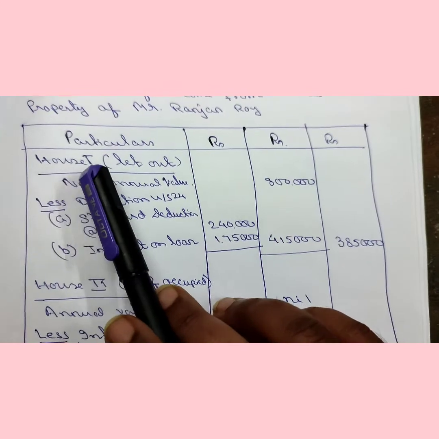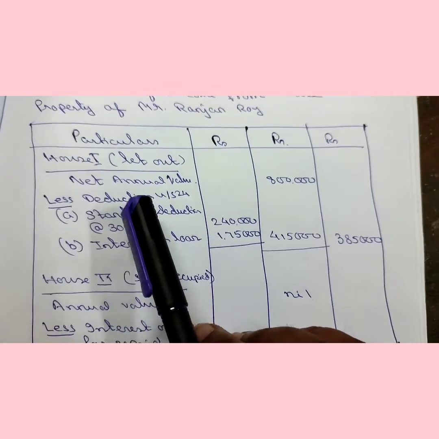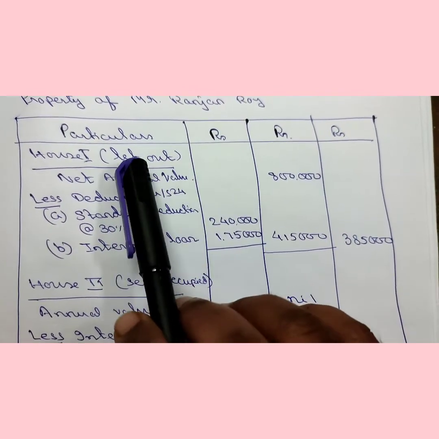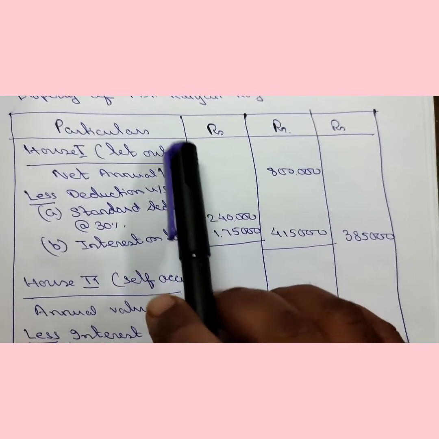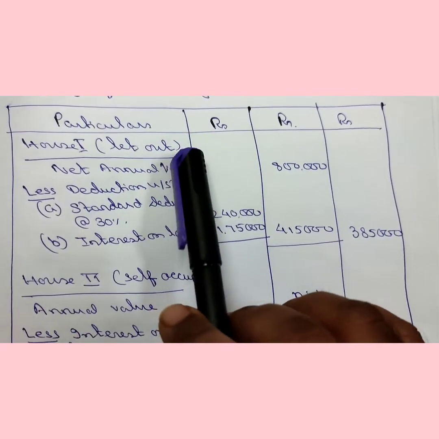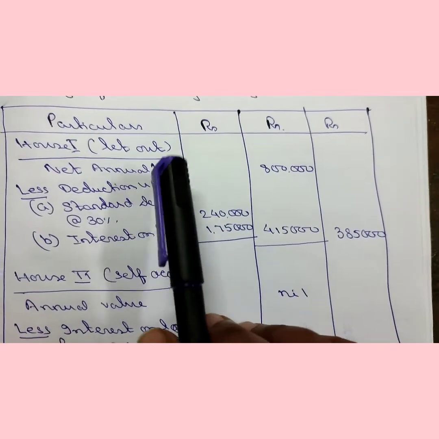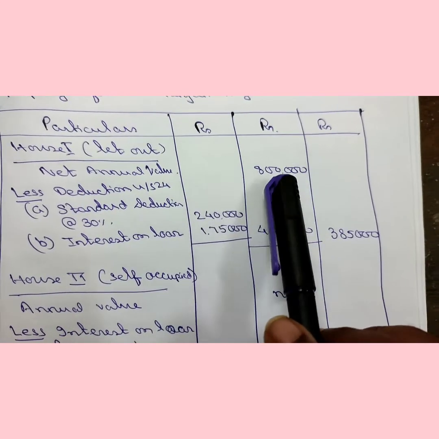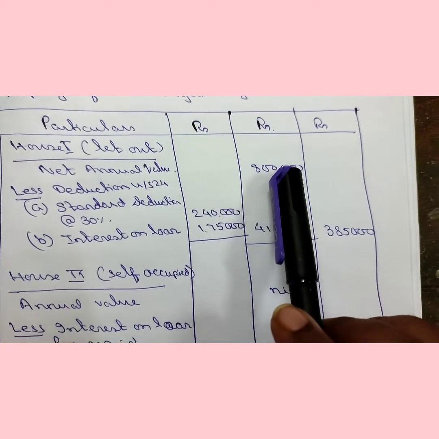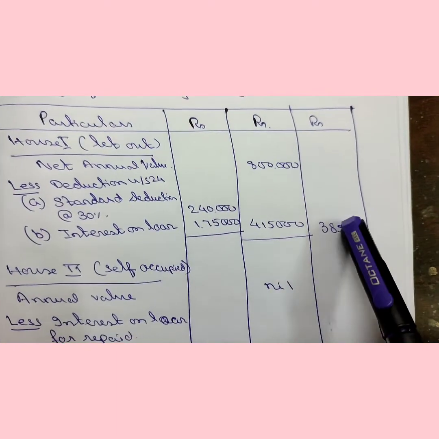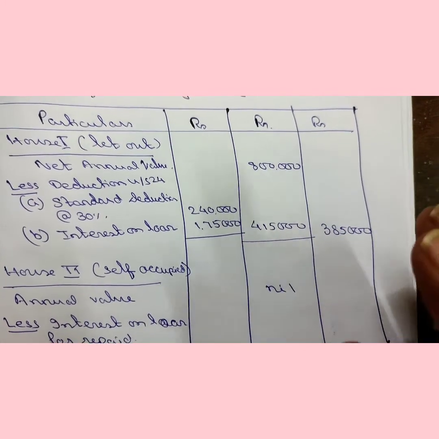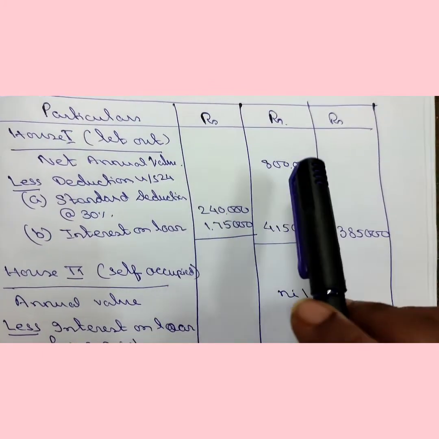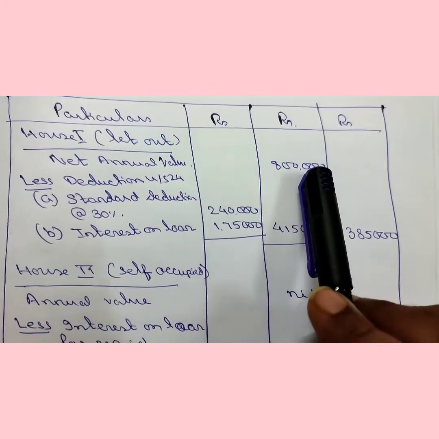First we do house 1. You have to write like this, house 1 with in bracket what is the purpose of house 1. The house 1 is let out, so you have to write this also. Underline. Next, net annual value. Here it is given, net annual value of the house 1 is rupees 8 lakhs. It will come in the middle column. Okay. The last column is only for the net income from house property of a house. So you will write this net annual value in the second column.